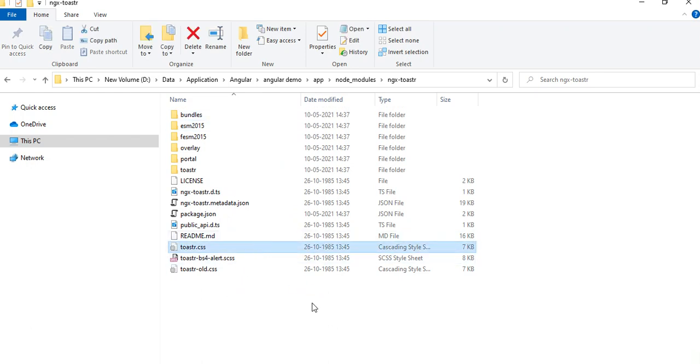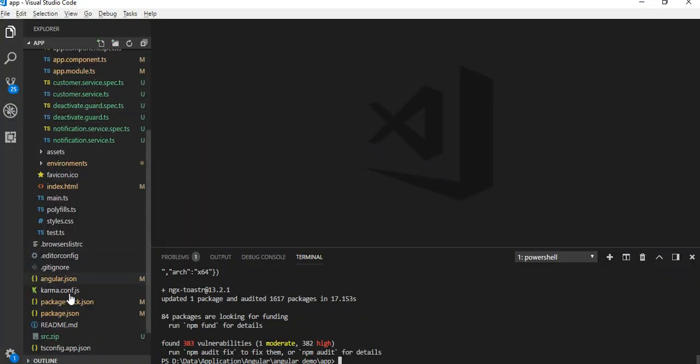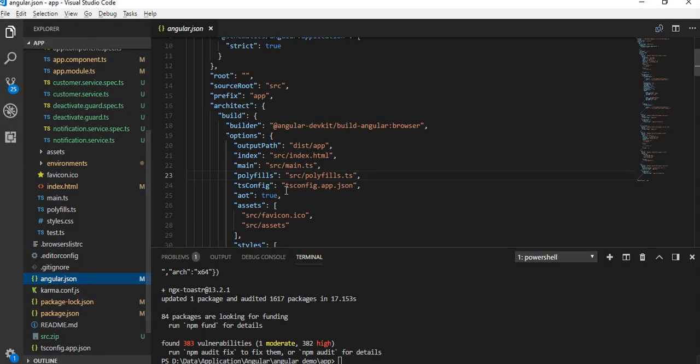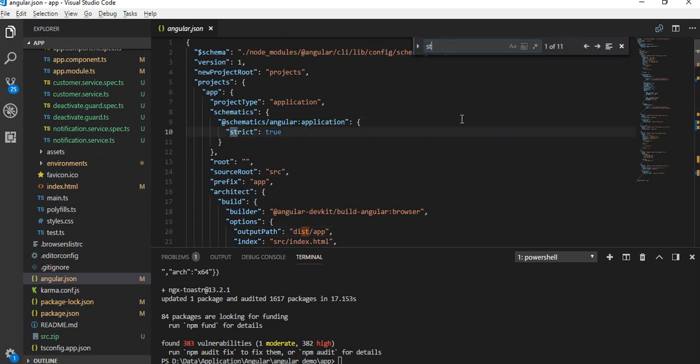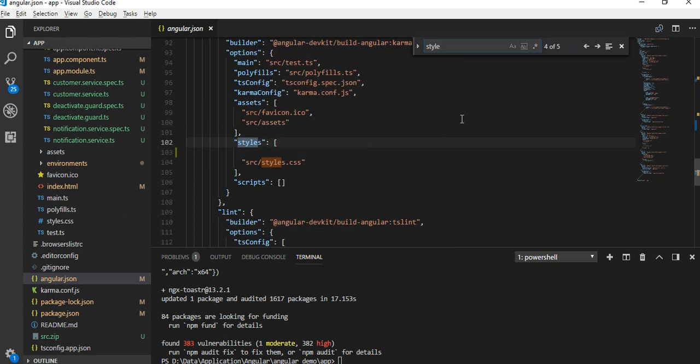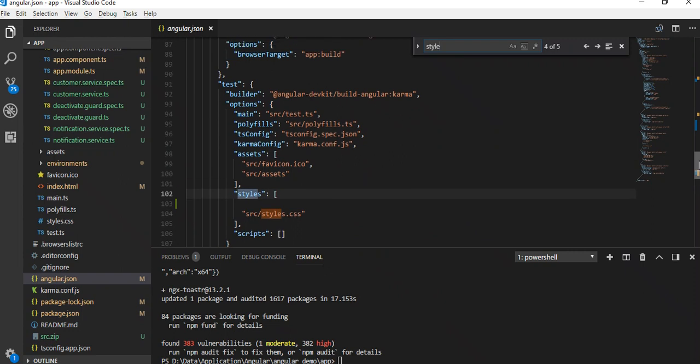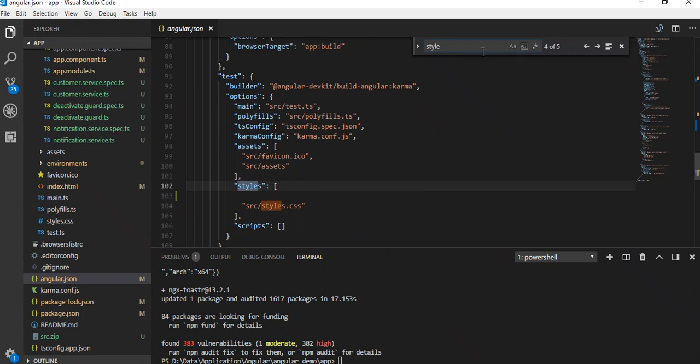So we know that in Angular, if any external CSS needs to be added, it needs to be added inside the angular.json file. So we'll open angular.json, go to your project, and inside this you will find the styles section. If you see, there are two styles sections, one for the test and the other for the architect.